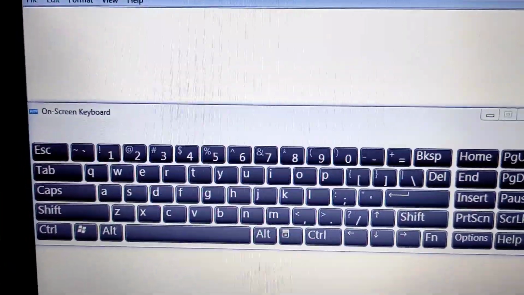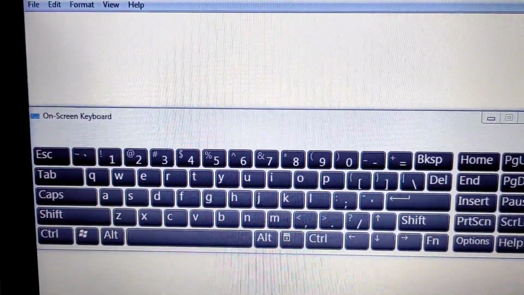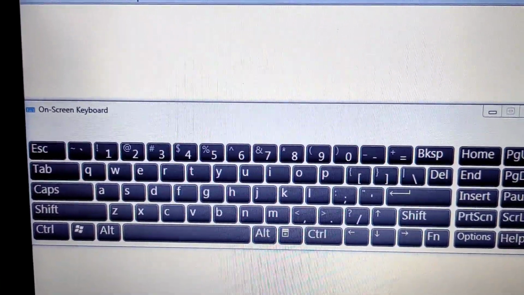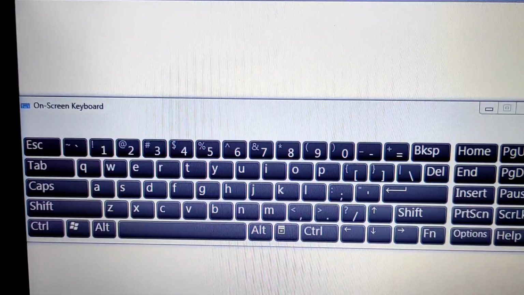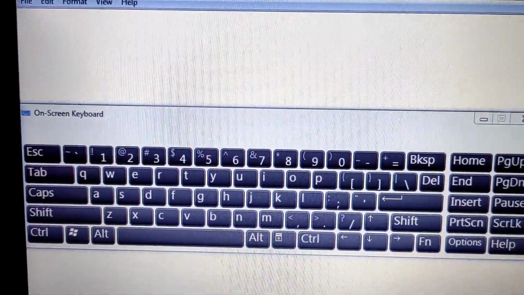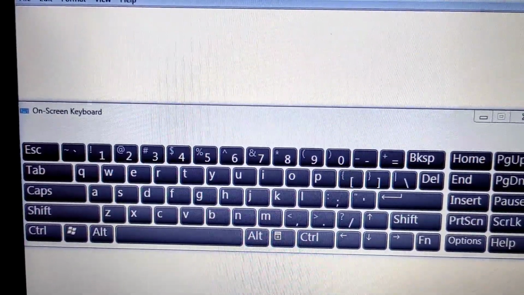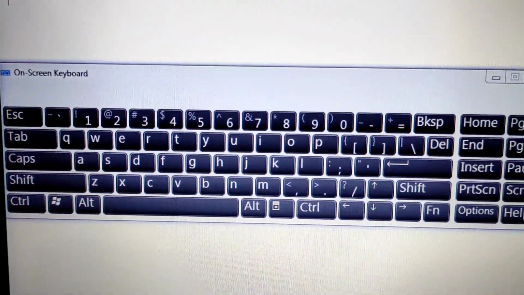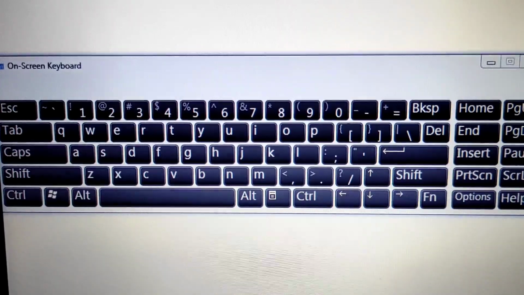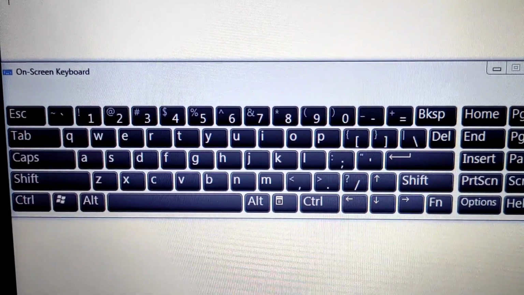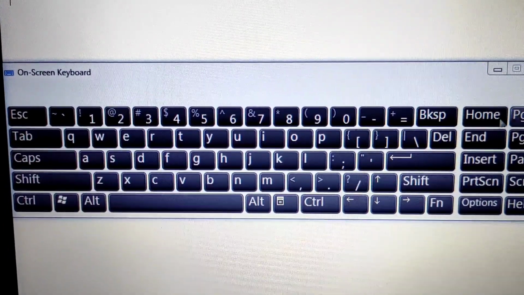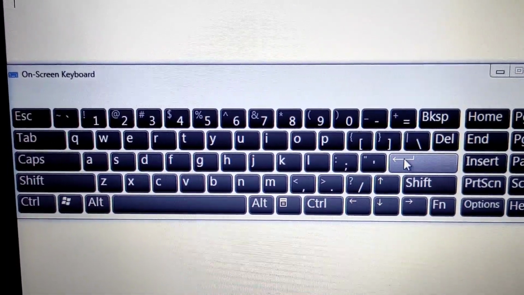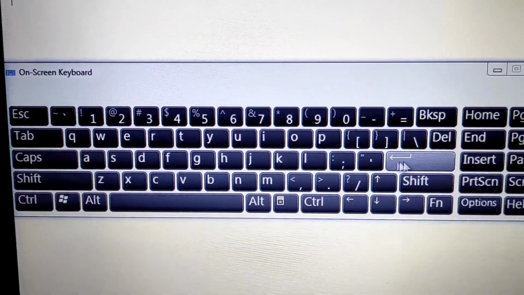Now, let us learn about the next special key, that is enter key. The enter key is used to start the text from the new line or next line. Usually a keyboard has two enter keys. Okay, you can notice the enter key is of this shape. Just have a look. Okay, arrow pointing left. This is the shape. Okay, just see where my cursor is highlighting. This is the shape of enter key.